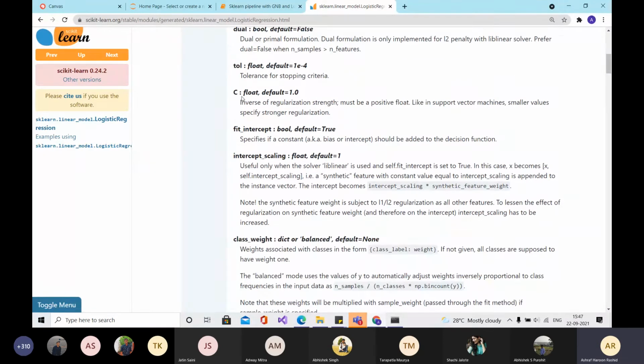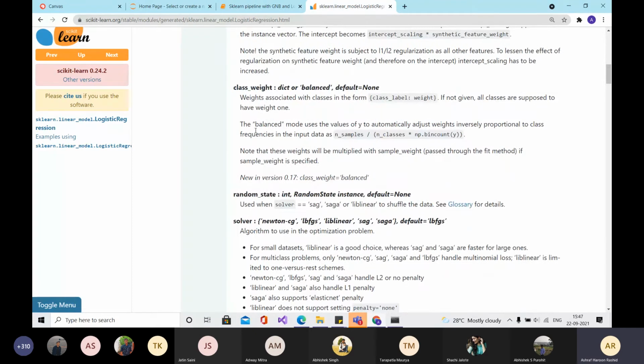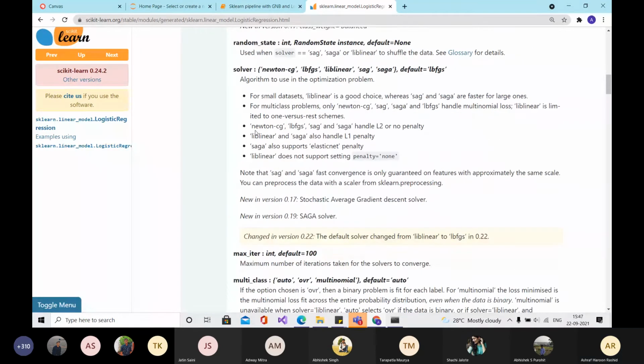Then you have the value of C, which is the inverse of lambda that was taught in class. Then you have the intercept value that you can also specify, and intercept scaling. You have class weight, where you can specify the weights of each class. Then you have a solver, which is the different techniques for solving.